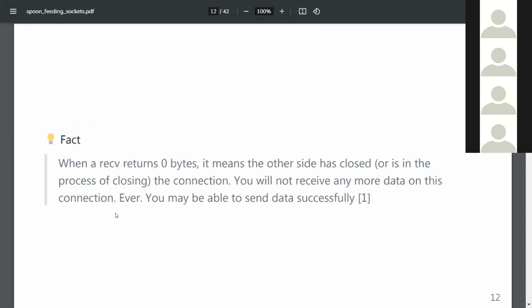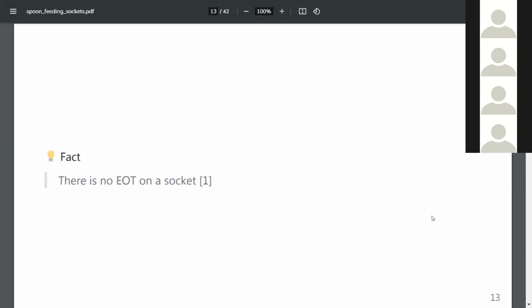So you can check if the message has 0 bytes, and then maybe you quit, maybe you close the connection, whatever you want, because if you send data, the other party will not reply. This is a nice way to check if the server doesn't want us to communicate anymore.